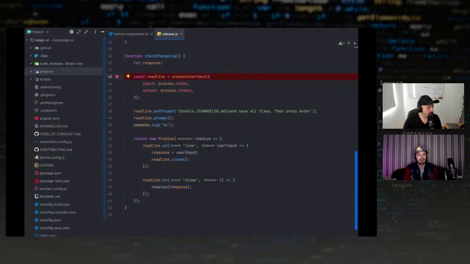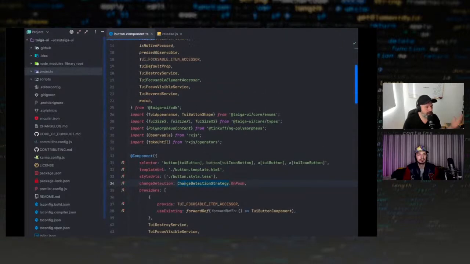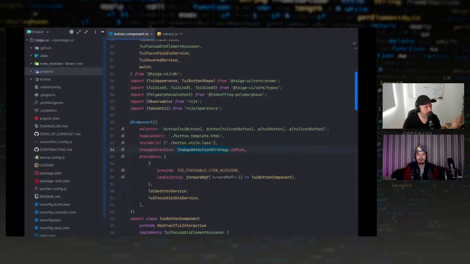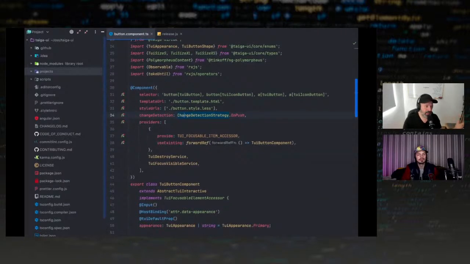Let's take a quick look at how this works, because button, the reason I pick it, it might not be the most interesting, but it's often one that I start with if people want to have a custom UI library. It's a very common thing. And yesterday when I was preparing for this,